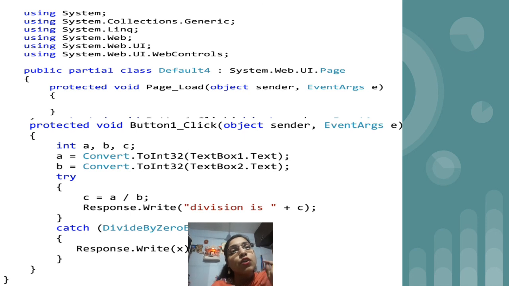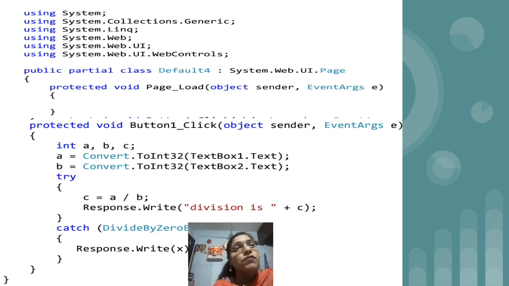And again, once we close the try block, after that the catch block should be present. So now in the catch block, we have passed one inbuilt exception class. For this particular program it is clear that it is going to create a divide by 0 exception. This is the reason why I have written DivideByZeroException in the catch block, and the name of the object is x. And if you are not sure, then you can make use of the Exception class. Just write Exception x, so it will take any exception.